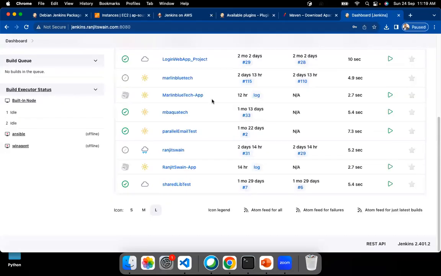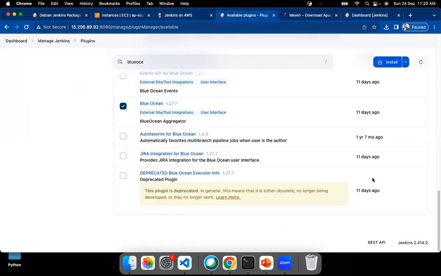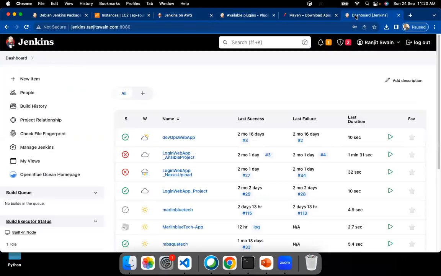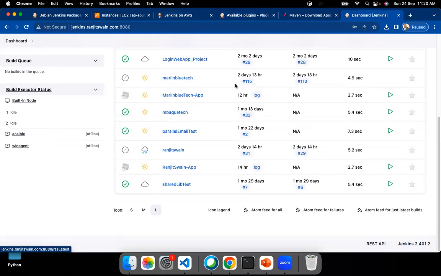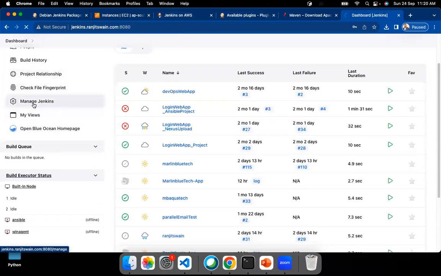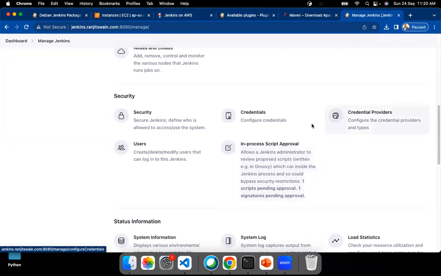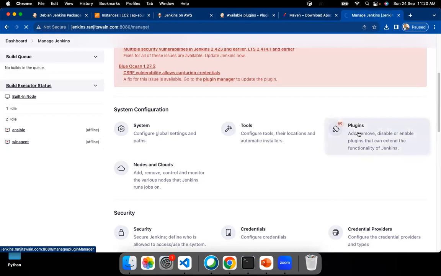I always work on these. This is version 2.401, and this is the latest version, I believe, right? And you see, I think I have upgraded it. This is 2.414, and this is 2.40. That's fine. If I go to the plugin manager section here, and select the plugin manager,